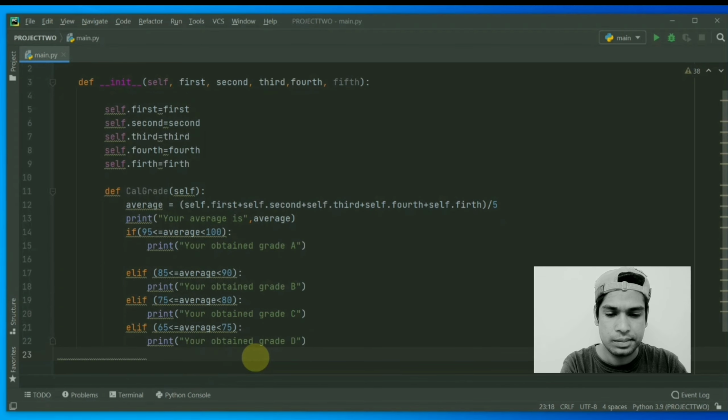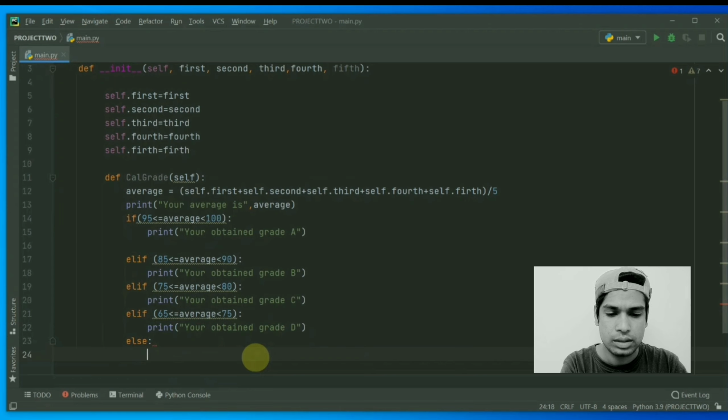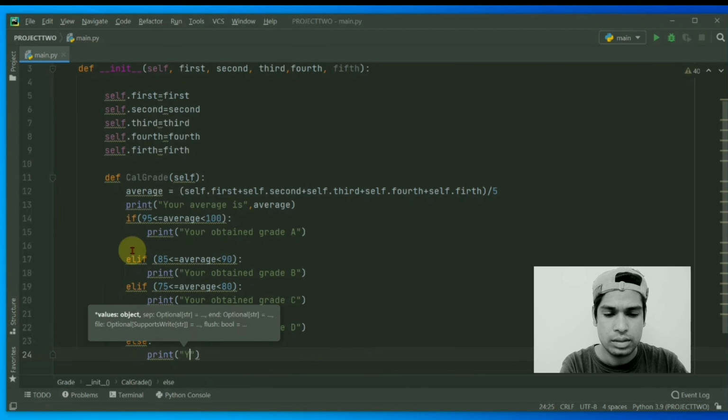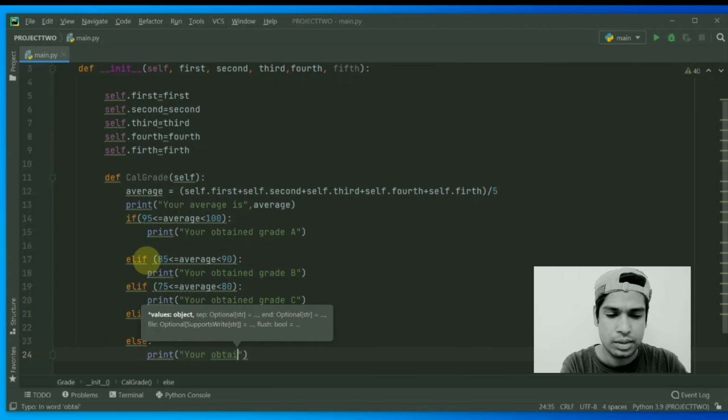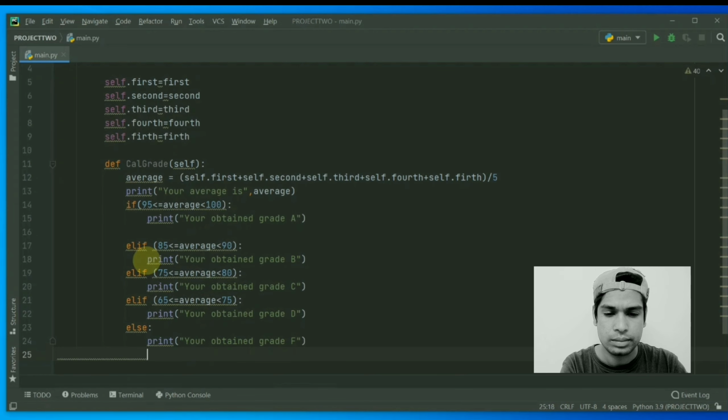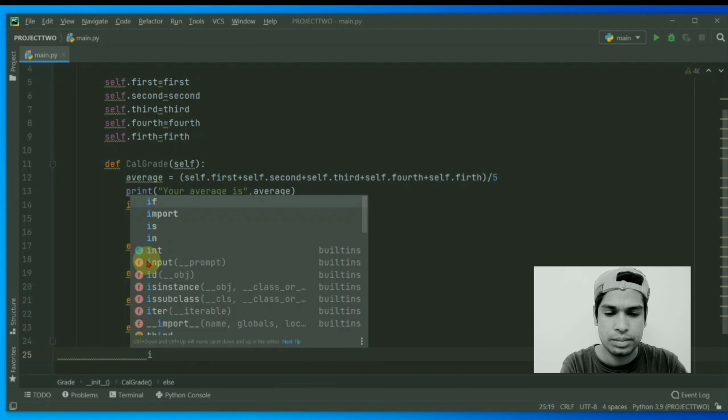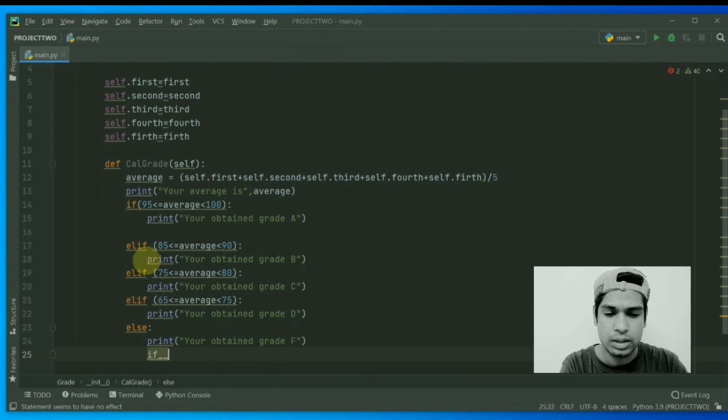Okay, then if else, print okay you obtain grade F. Now if name underscore, quotation main, okay